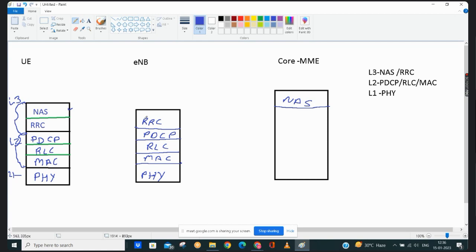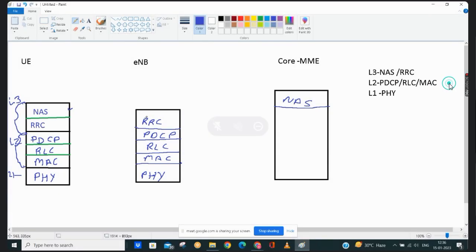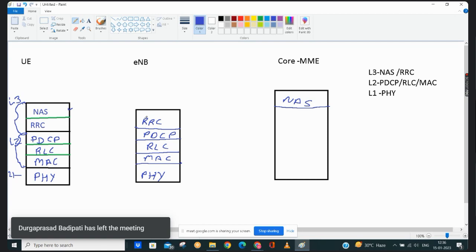The UE NAS will communicate to UE RRC, then the message will flow from top to down, then the UE will communicate with the eNode B, and then further MAC, RRC to eNode B, and then the RRC to the core network. Yes, something like this, correct.